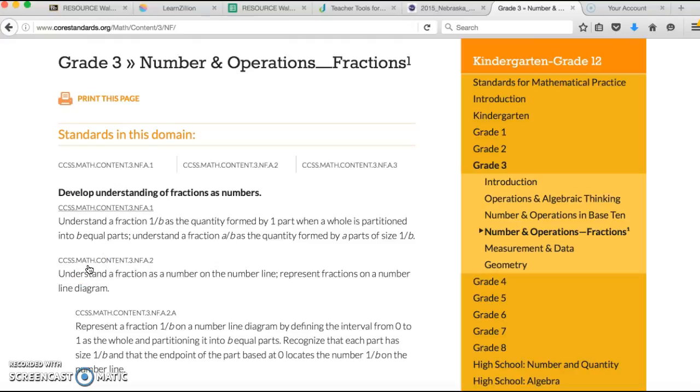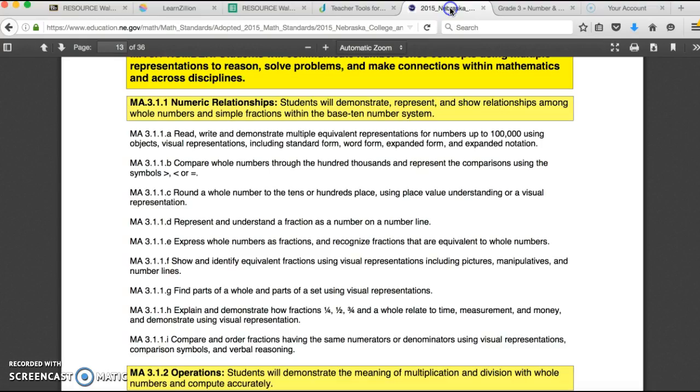It says, understand a fraction 1 over b as the quantity formed by one part when a whole is partitioned into b equal parts. Understand a fraction a over b as the quantity formed by a parts of size 1 over b. And then right away I went to the Nebraska standards, and I'll admit it was kind of hard